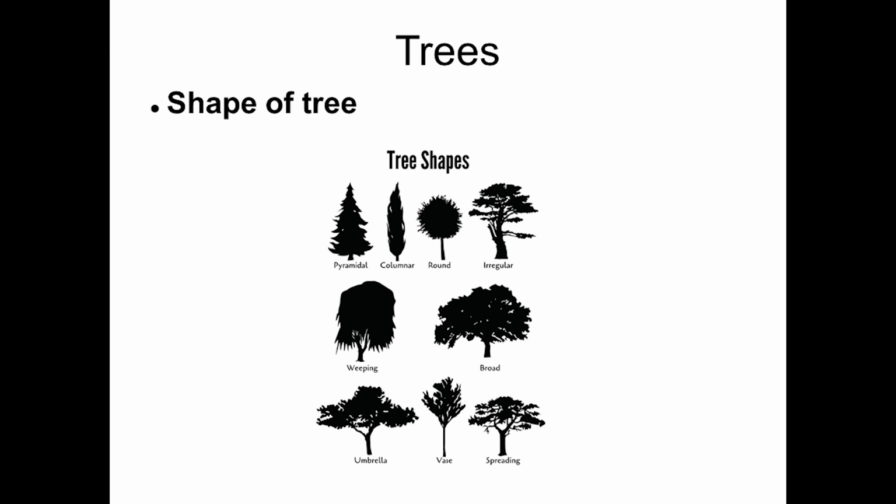So we can get an interesting variety of what we're looking for. Some trees are deciduous, which means they drop their leaves every year, so in wintertime you end up with a maintenance issue of having to deal with the leaves. Or you can have an evergreen tree, which will keep its needles, usually because they're more of a pine tree or that type of tree, and will keep itself green all winter, so you don't have that